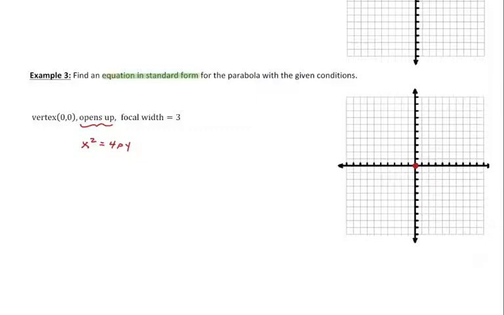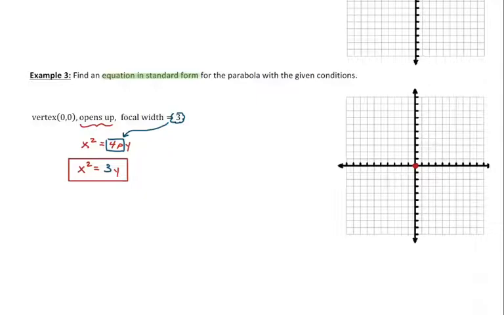So then in terms of finding my p-value, what I'm going to do is use the focal width information that was given to me. But before I do that, what I can say for sure is my focal width is always 4p, or the absolute value of 4p rather, and because this graph opens up, that tells me that my p-value is going to be positive. So then in terms of my 4p value, which is my focal width, in this case is going to be 3. So what I can say is the equation of this graph is actually going to be x squared equals